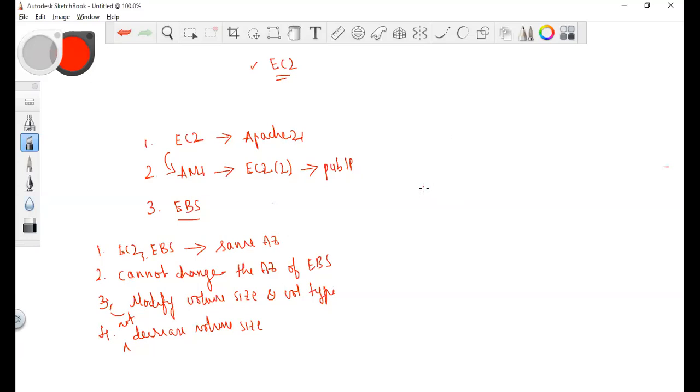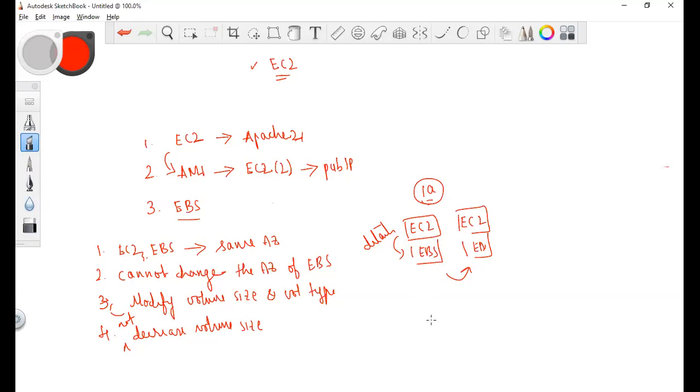If you have two EC2 instances in the same availability zone and you want to use an EBS volume of one instance for the other one, you need to detach and attach it to another instance. That means this EBS volume cannot be attached to two instances at the same time.